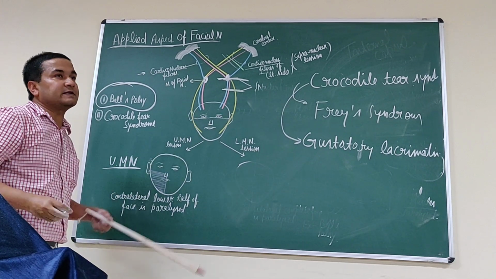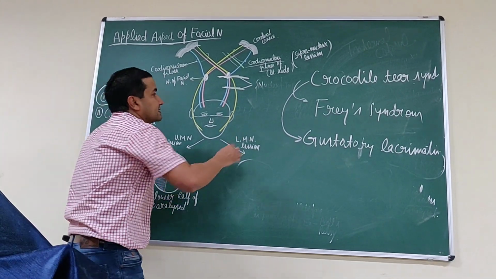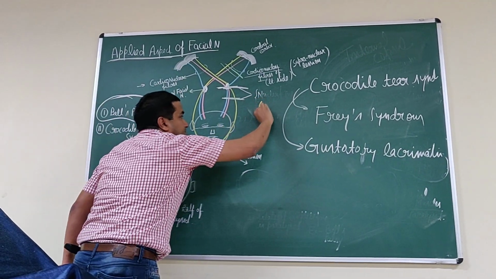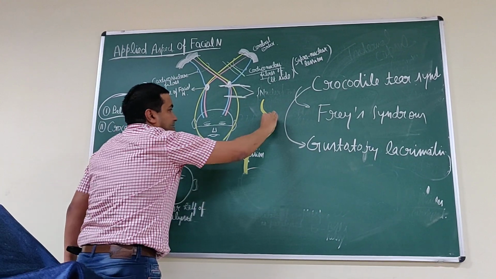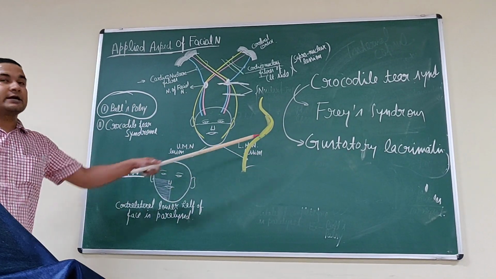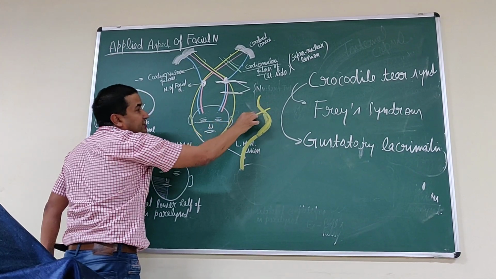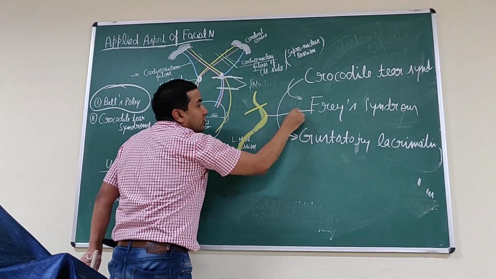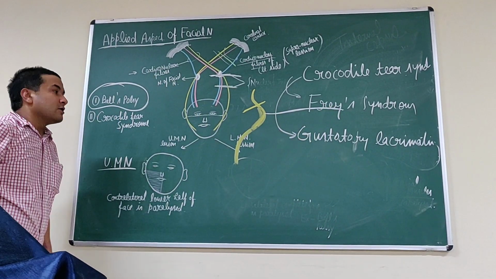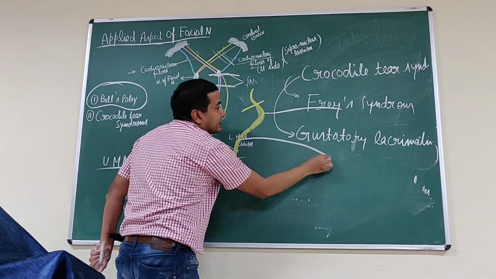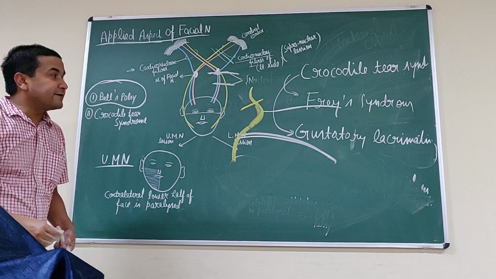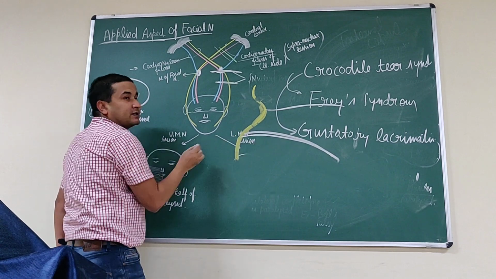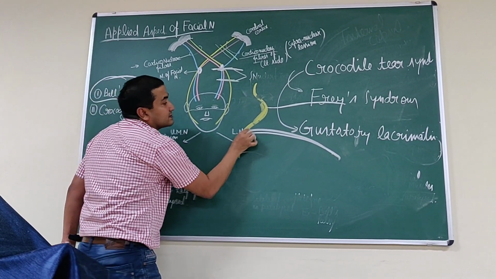What will happen in the crocodile tear syndrome? If the injury occurs, this is the facial nerve. This is the geniculate ganglion. If the nerve is cut proximal to the geniculate ganglion, then there are two fibers. The greater petrosal nerve goes to the lacrimal gland, while the chorda tympani goes to the salivary gland. Now after regeneration, if healing occurs, these fibers mismatch, meaning the salivatory fibers cross and